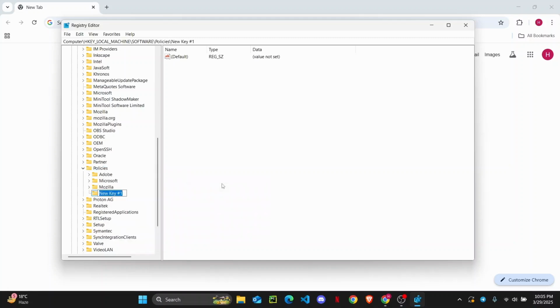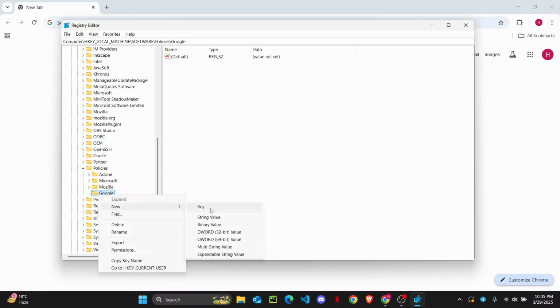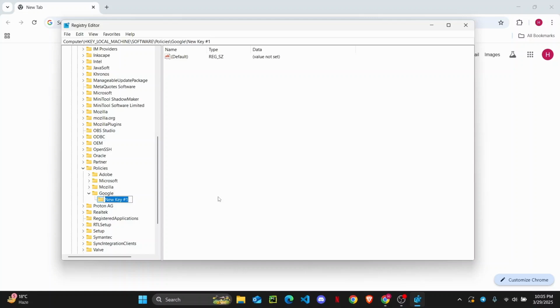So go ahead and click on new key, and you're going to name it Google, capital G and then Google, then hit enter. Now once you have done that, you're going to do the same here. So right click on Google and click on new. You're going to create a new key here again, and you're going to name it Chrome, so capital C,